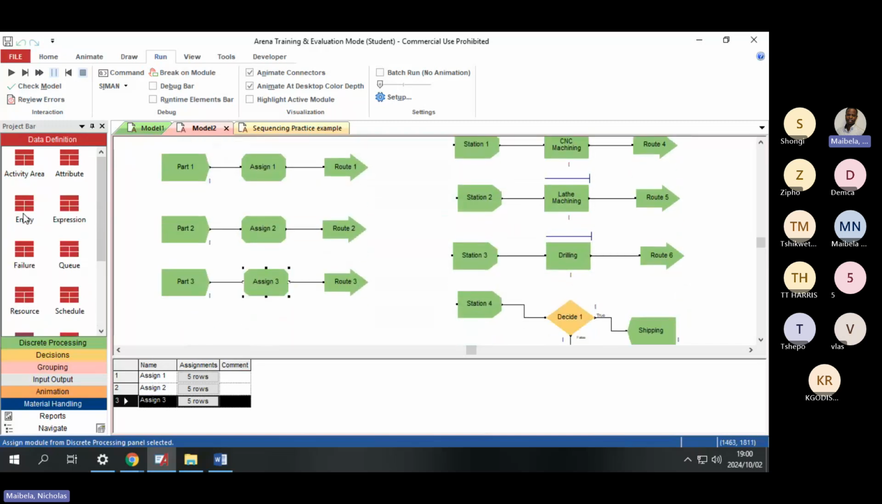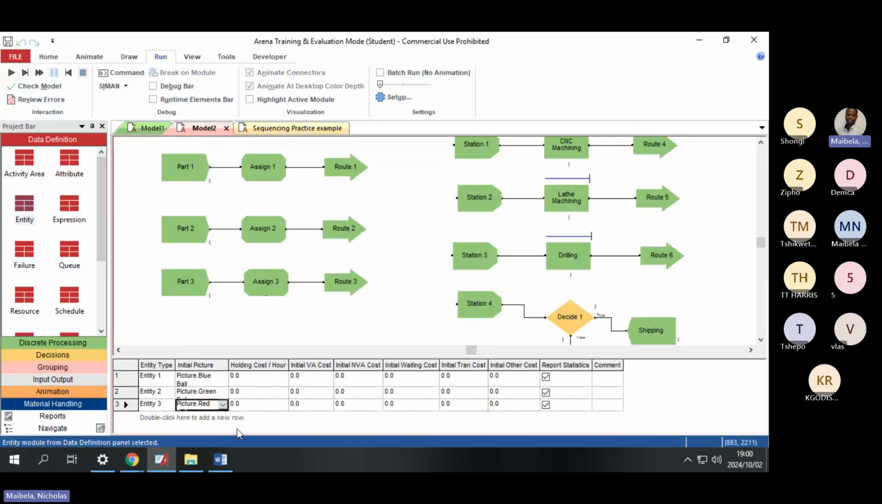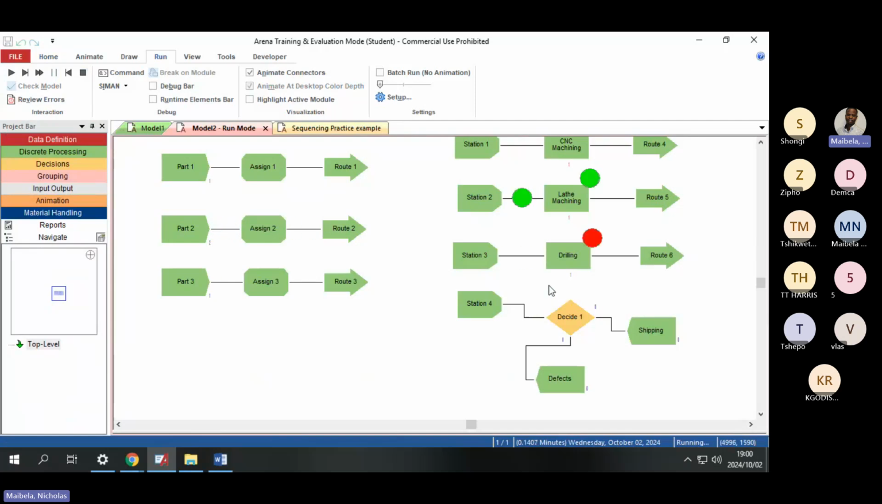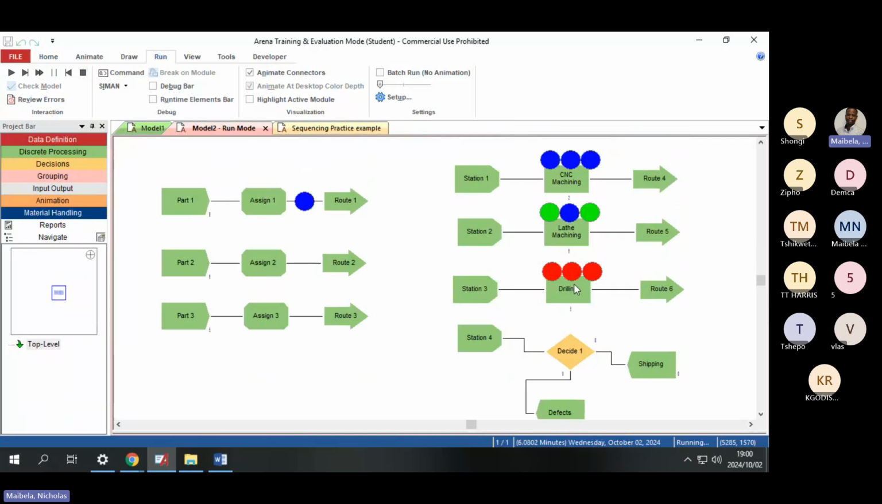Okay. Then I'm just gonna go to entity. Here it can just be the same thing. Okay, so when we run it, yeah, guys, we're running the model now, and if you can observe,